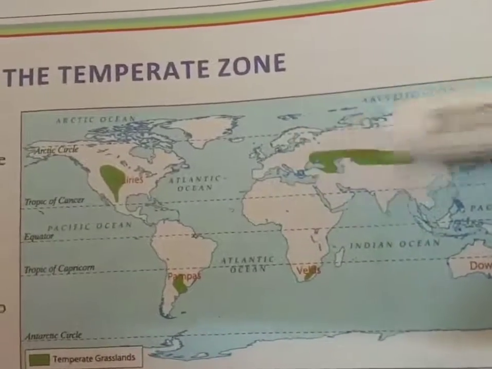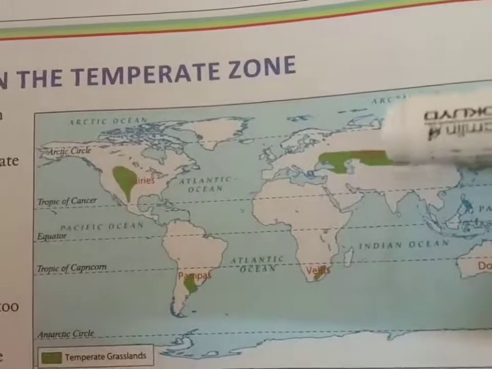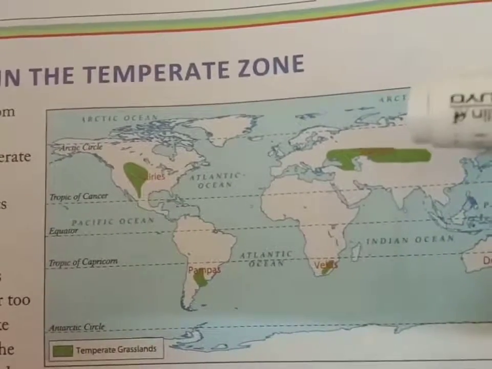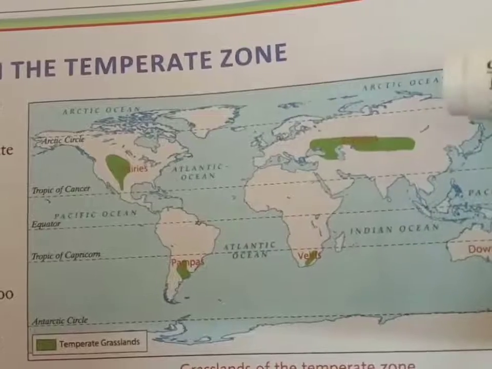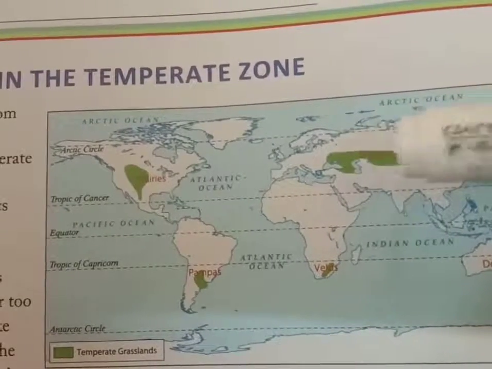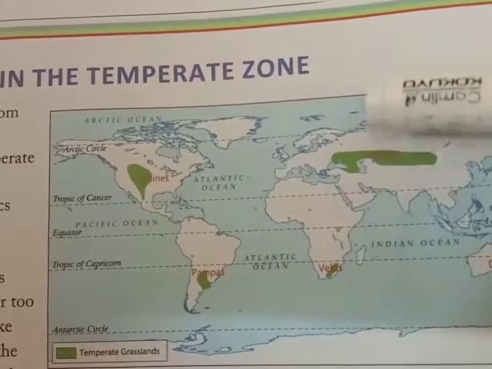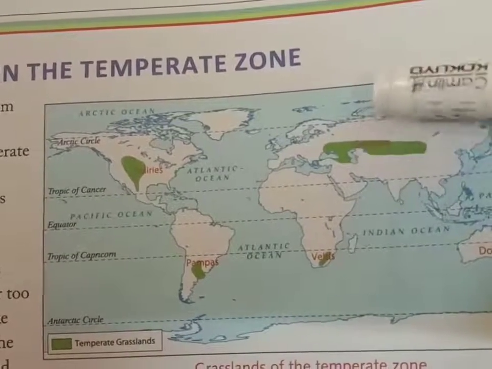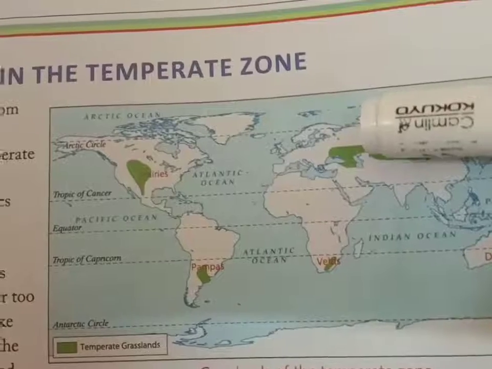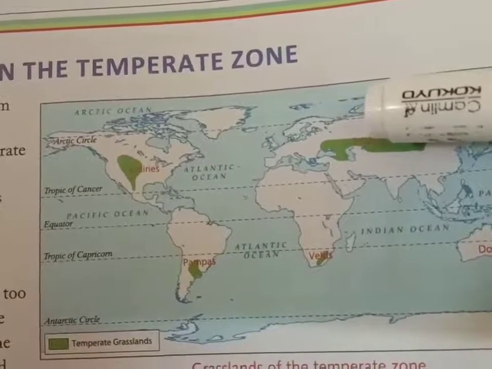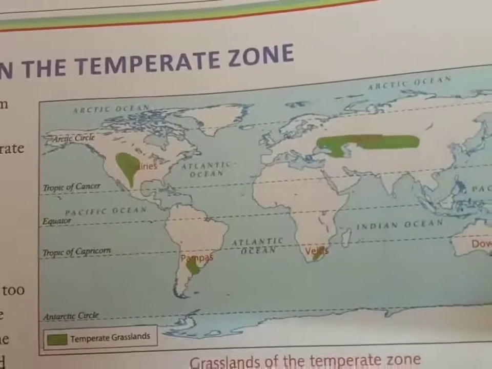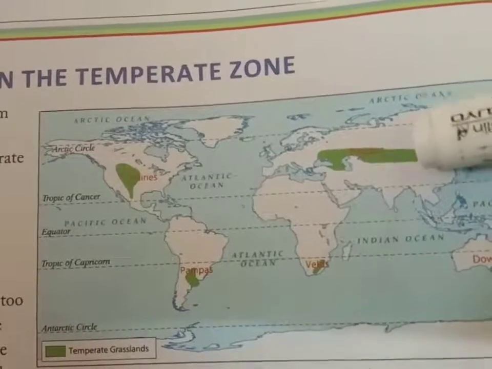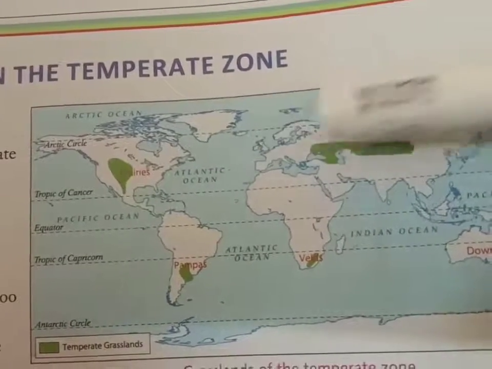Steppes, you can see on the map. This steppes is actually in between Europe and Asia, both the continents. Here, if you just think that this is the Ural mountain, you know that naturally the Ural mountain is dividing the two continents, Asia and Europe. So this part is Asia and that part is Europe.